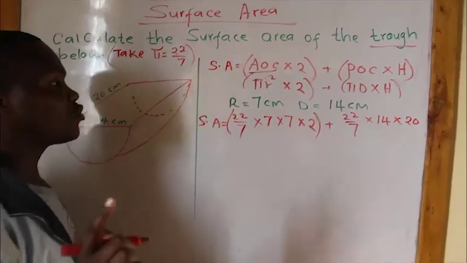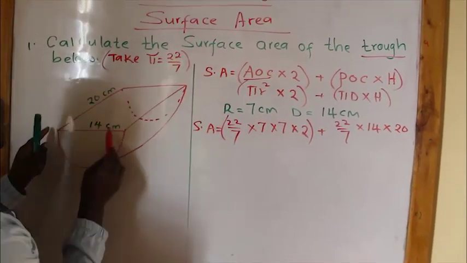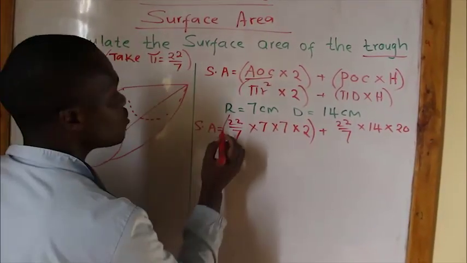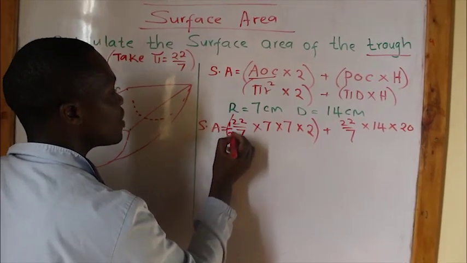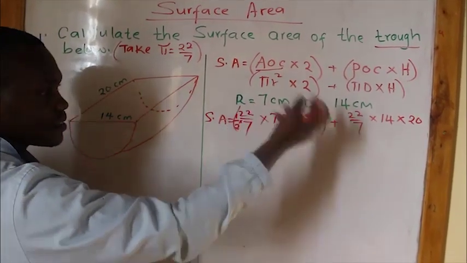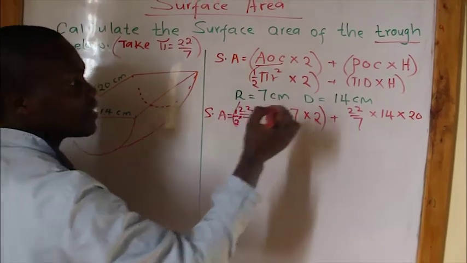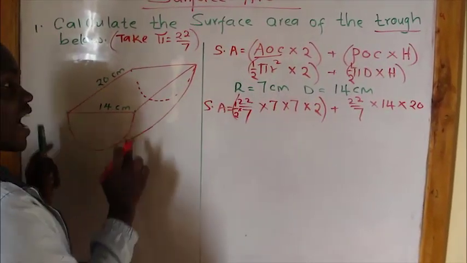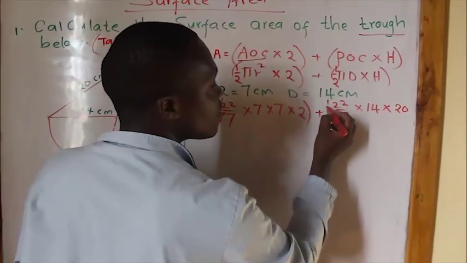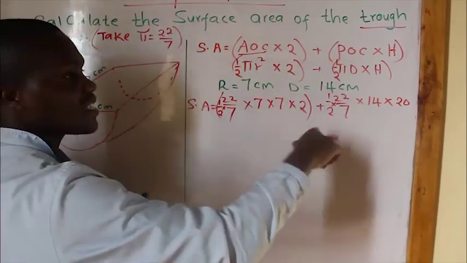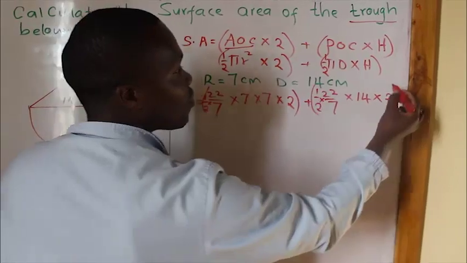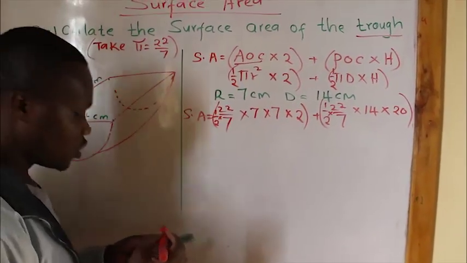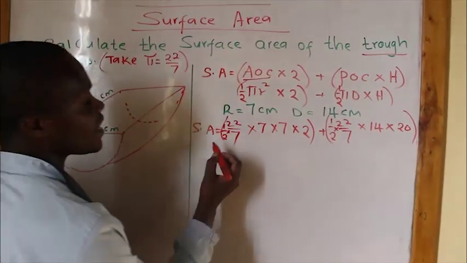There is something we need to remember here. Since this one is half a circle, we must always remember to start with half times pi. It's good to remember that. So it's half pi d because it was half of a circle. Then here we also remember to put a half because it is half of a circle. So what we need to do here is now simplifying.